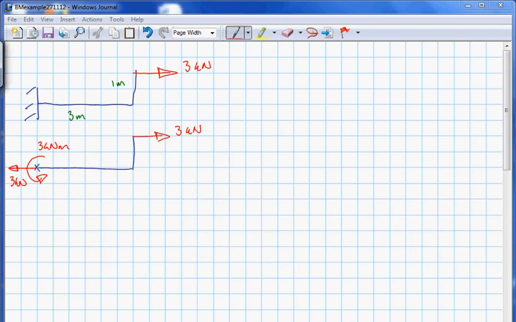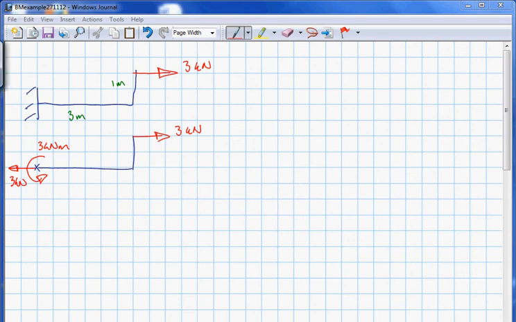How do we find out what the moments are along the beam, so along the 3 metre horizontal bit and the 1 metre vertical bit? Well, making cuts is the technique that we are at first learning how to use, but eventually you should be able to kind of do it in your head and pick up some other characteristics of what we know the bending moment diagram must be like. So it's a process which involves a combination of analysis, but also experience. One thing that we perhaps could have spotted straight away, or could have exploited straight away to even save drawing a free body diagram, is to